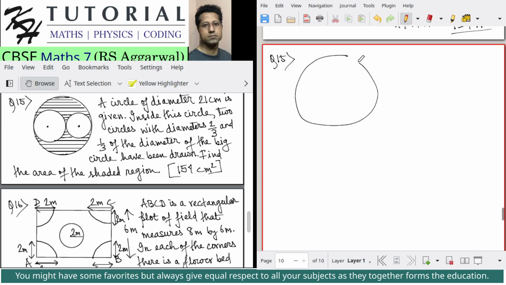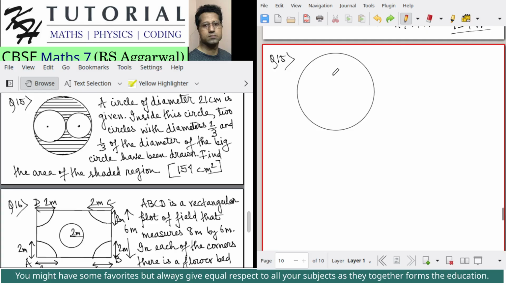Okay, so there is a big circle, and there are circles inside the circle. This circle, please note, whose diameter is 2/3 the diameter of the outer bigger circle, touches the outer circle. And there is another circle. Even though the two circles look the same,